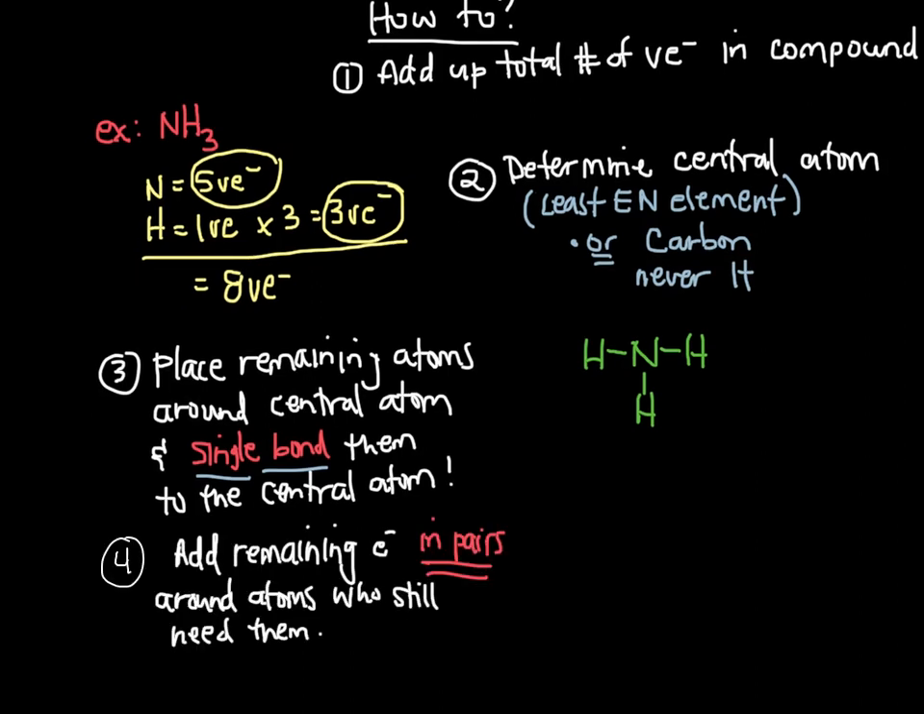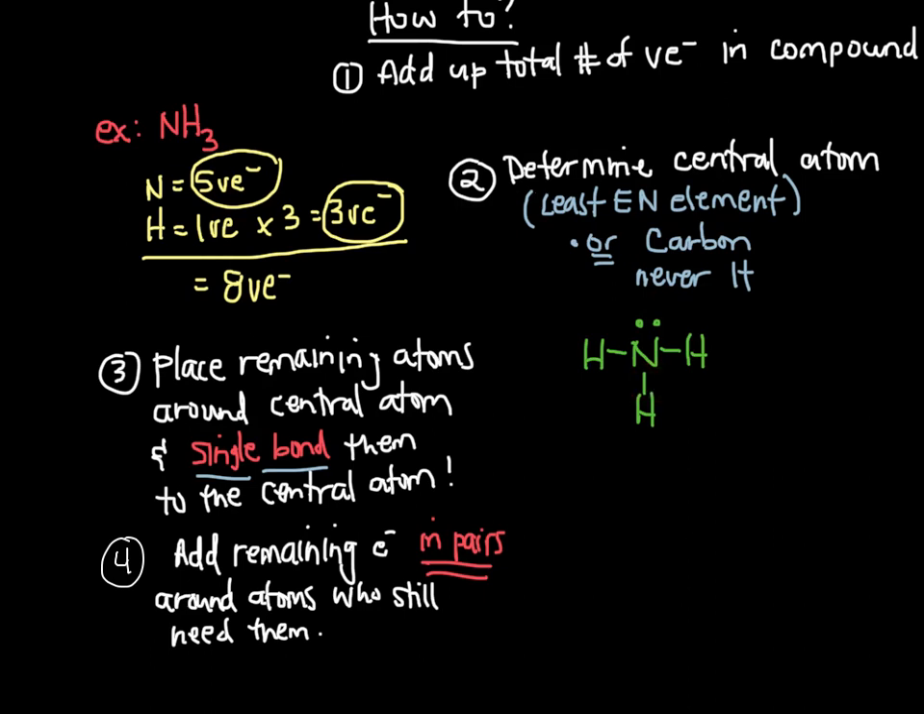So the next step is we're going to add the remaining electrons in pairs to the atoms who still need them. Remember, we had a total of 8 electrons to work with, and we've used 6, so 2, 4, 6 of those electrons. And remember that your hydrogens are happy with just 2 electrons surrounding them. So we'll add that remaining pair to the nitrogen so that the nitrogen ends up with 2, 4, 6, 8